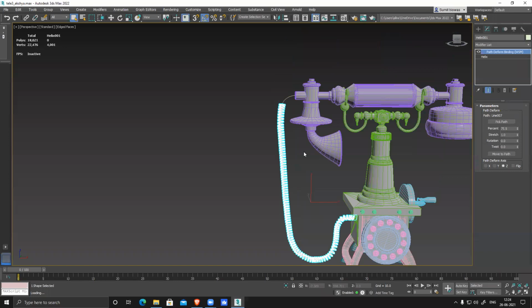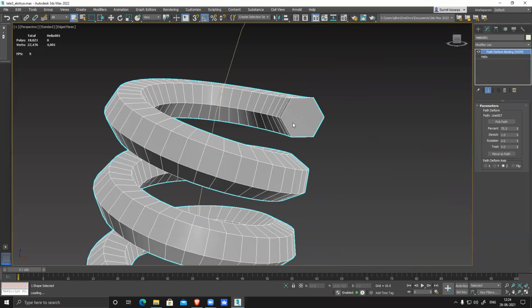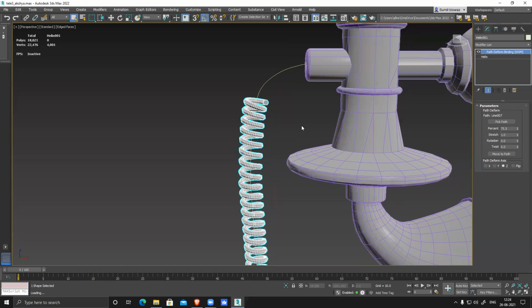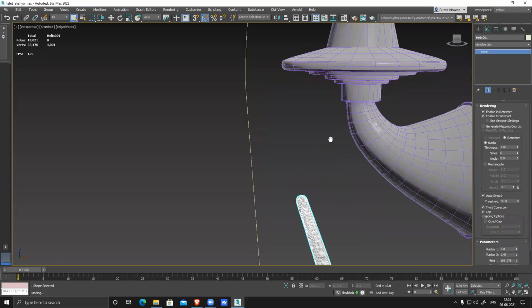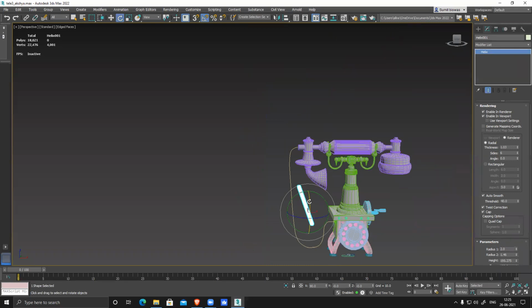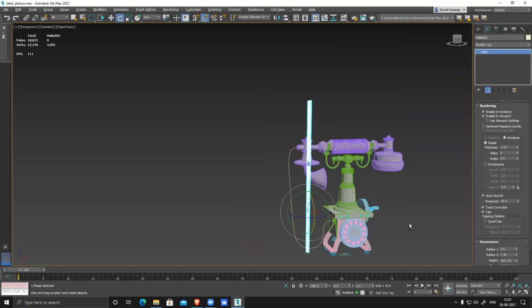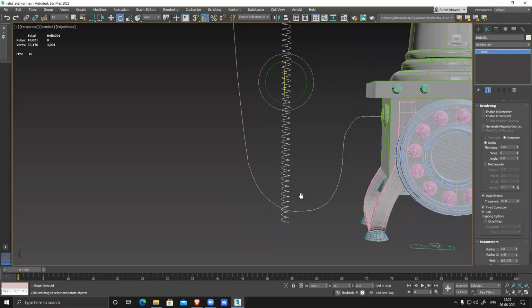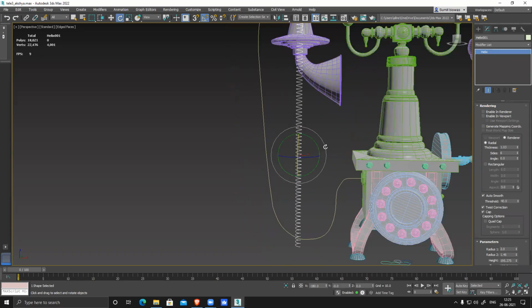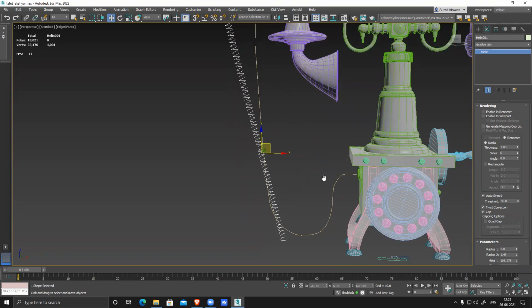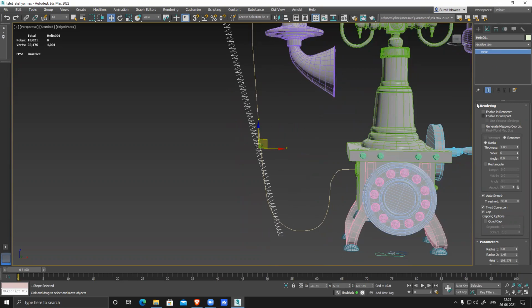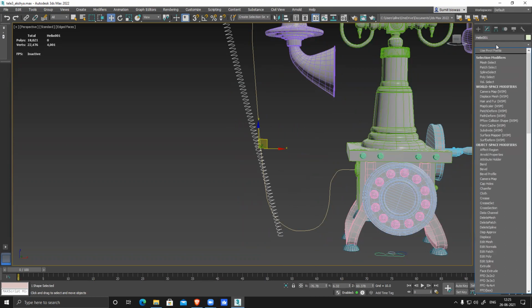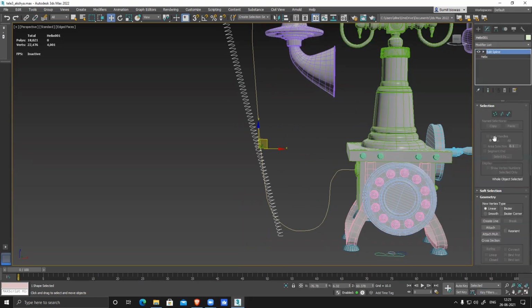Let's see. But this part I need to create. So the easiest process will be if I use this. Let's see. This thing, what we can do, angle, switch off. Edit spline.